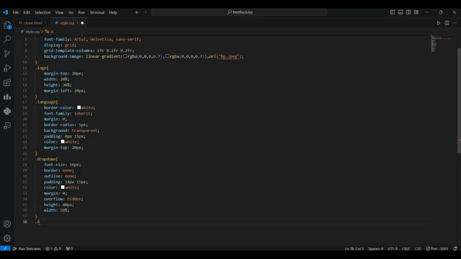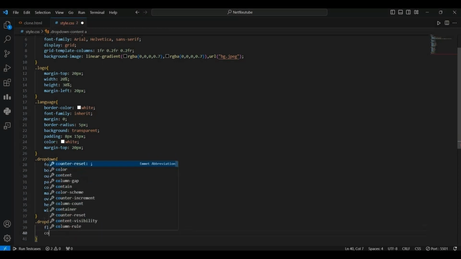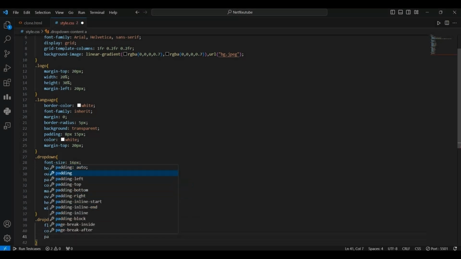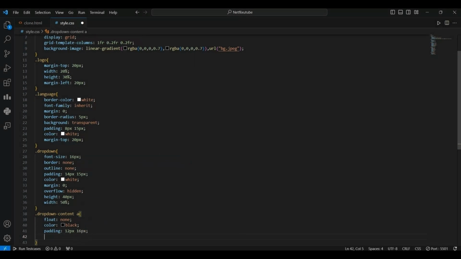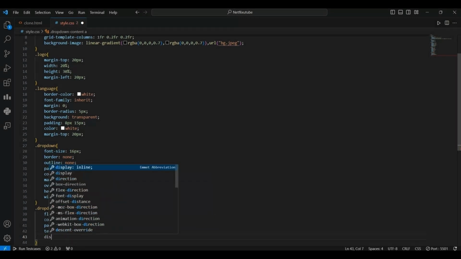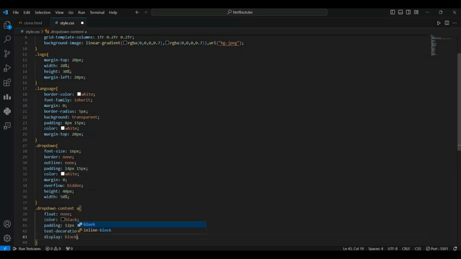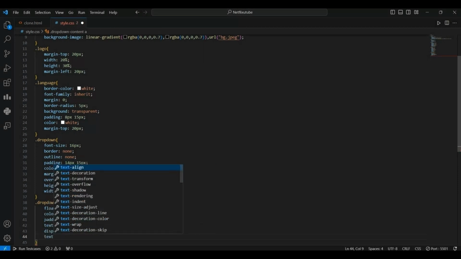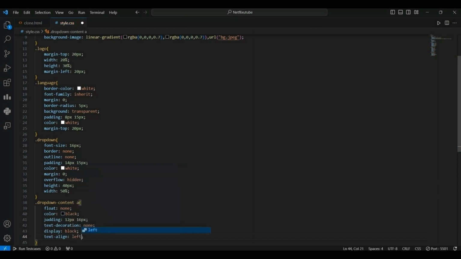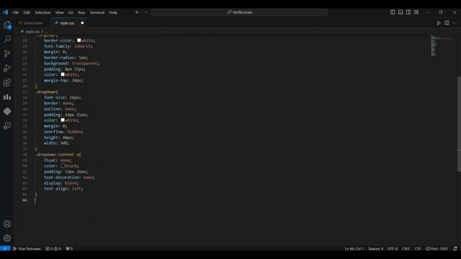Drop down anchor text. So what the float as none, and then we create a color of the font will be black, and then padding between them is pixel and 16 pixel, and then the text decoration should be none, so that the underline will be removed and we display it in the block. Text align start, we align our text to the left hand side. Save and move forward for the drop down